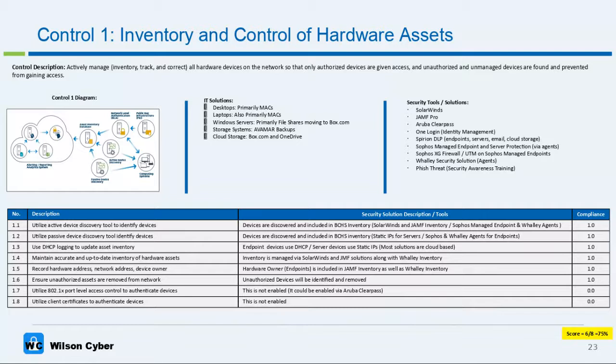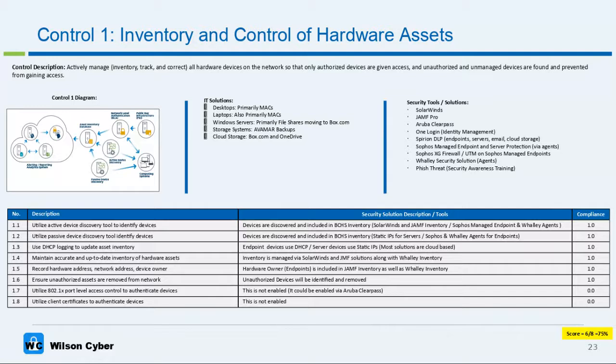Some of the security tools and solutions that this particular organization had in place: SolarWinds, Jamf Pro, Aruba ClearPass, One Login for identity management, Spirion DLP, endpoint servers, email cloud, Sophos managed endpoint server protection via agents, Sophos XG firewall, UTM on Sophos managed endpoints. Wally solution, Wally has their own agents to manage the devices, and Phish Threat from Sophos for their security awareness training. Using all those tools and technologies against the assets they're trying to manage for control number 1, we see